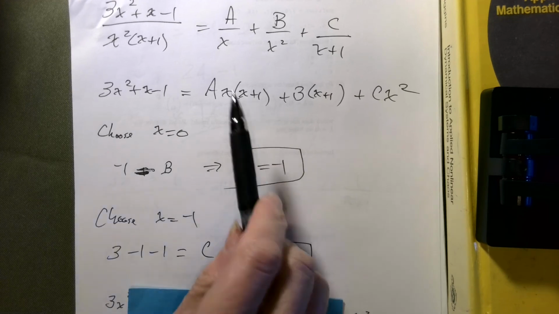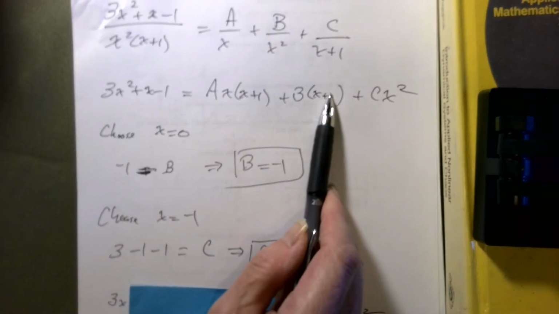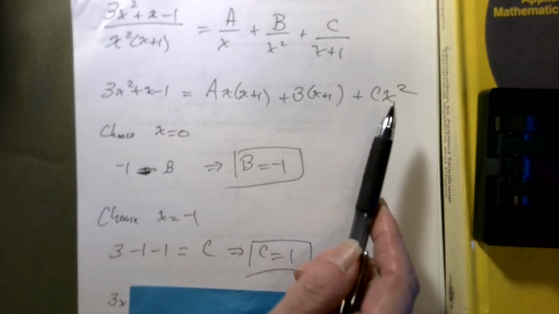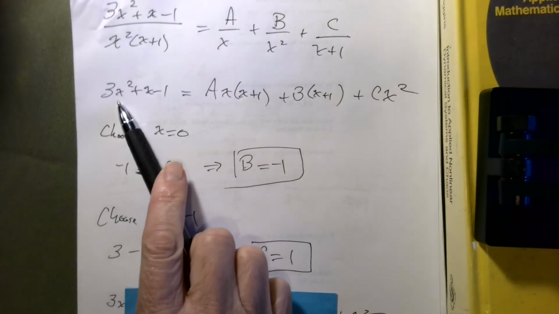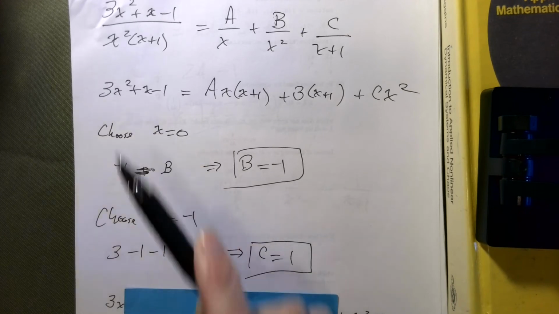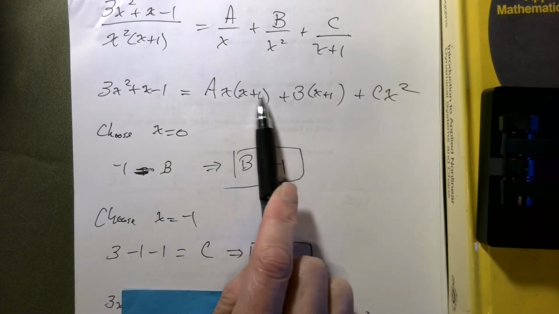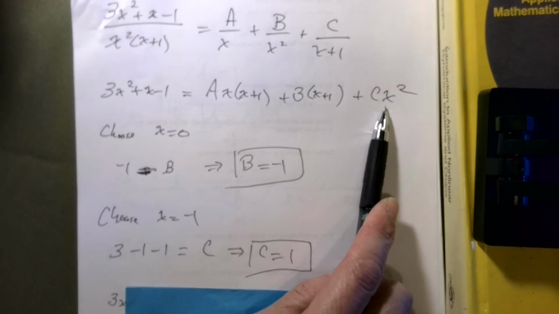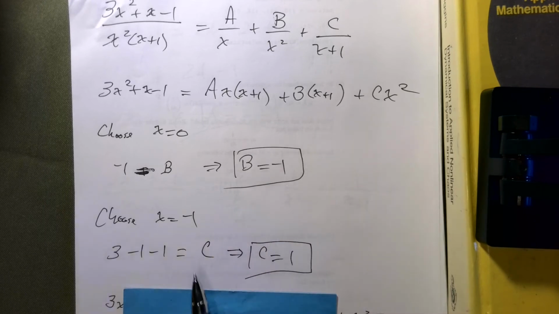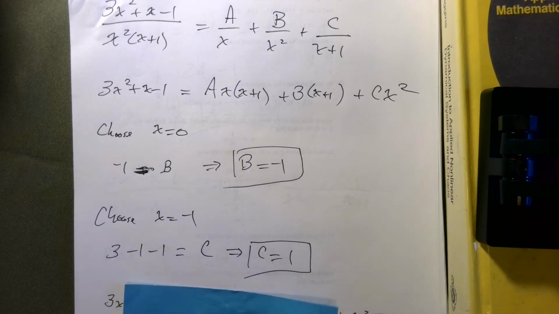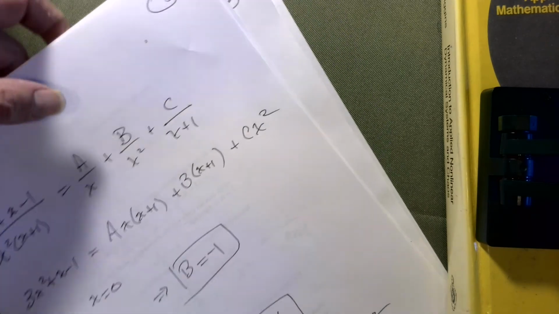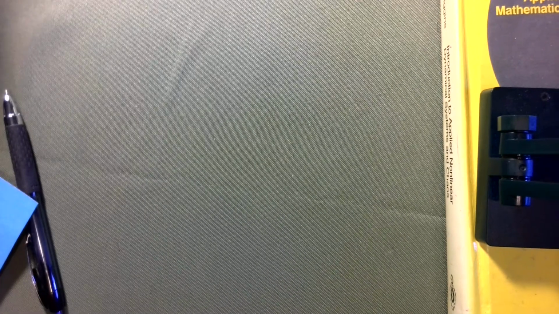So let's turn off these terms right here. So if I choose x to be a negative 1, I put in a negative 1 here, which is 3. I get a negative 1, a negative 1, and a negative 1 wipes out this term and this term, so I've got c times negative 1 squared, which is c. So 3 minus 2 is 1, so my c is equal to 1. So I'm now down to, let me fix this up a little bit, I'm now down to